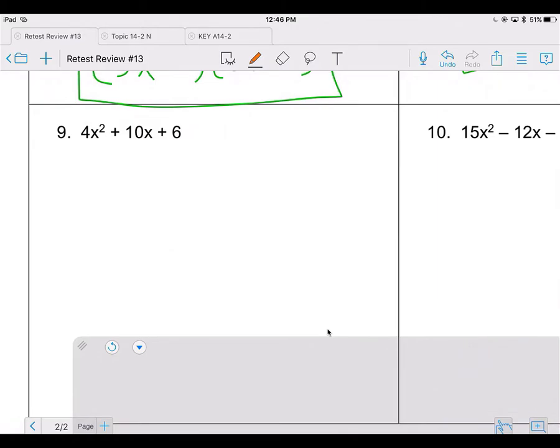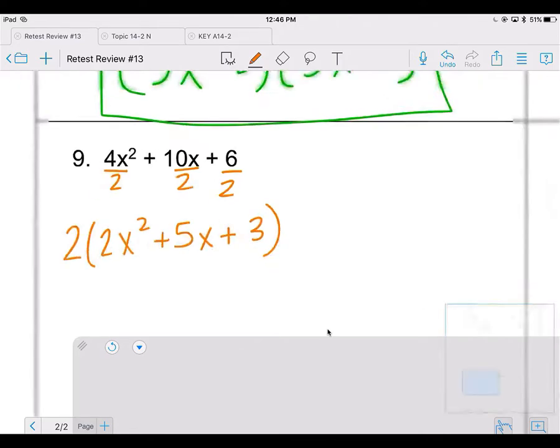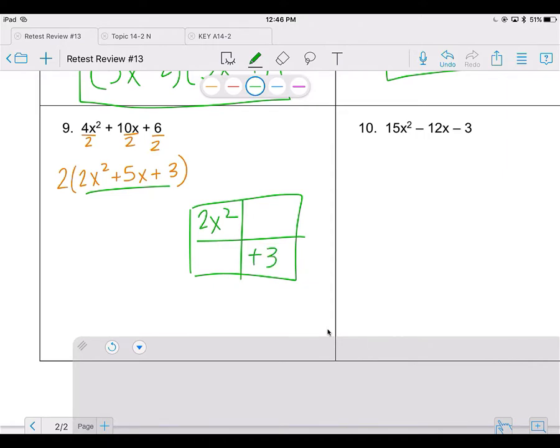Problem 9, 4x squared, 10x, and 6 are all divisible by 2. 4 divided by 2 is 2. 10 divided by 2 is 5. 6 divided by 2 is 3. I put 2x squared plus 5x plus 3 into my box and multiply them for my product of 6x squared. My sum is 5x. When I put my product into the calculator,